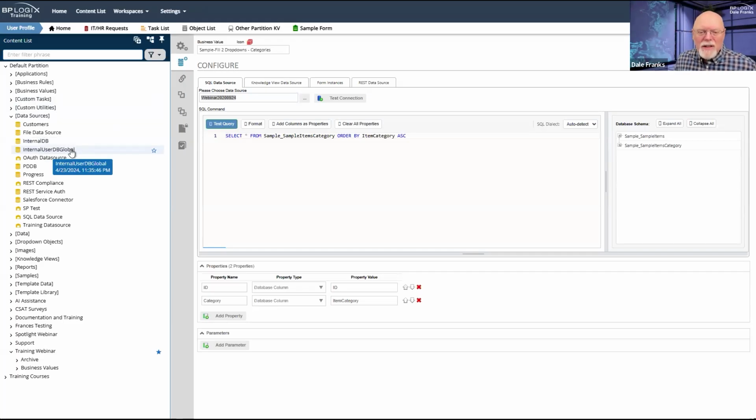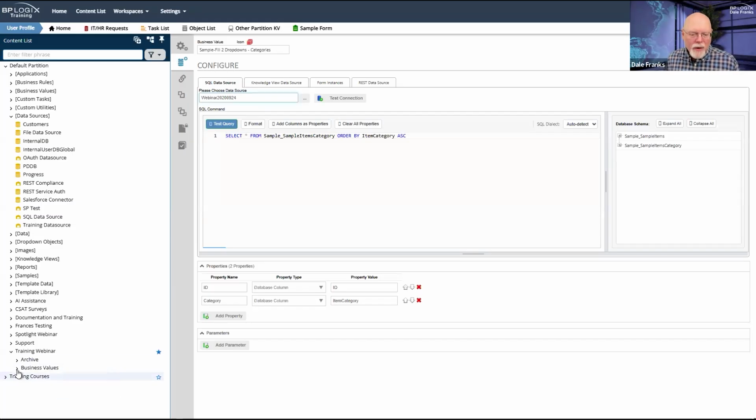This is essentially the same data source as my webinar 2020-09-24 data source. They do exactly the same thing. Normally, I wouldn't need to do that. I wouldn't need to have multiple data sources that are all pointed to the same internal data source, in this case, the internal user database.